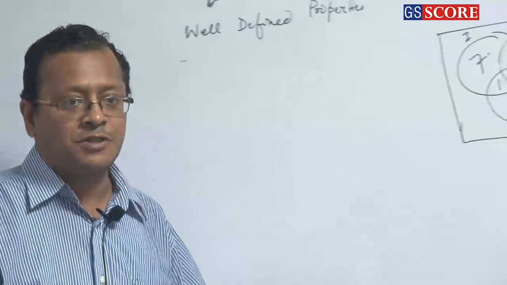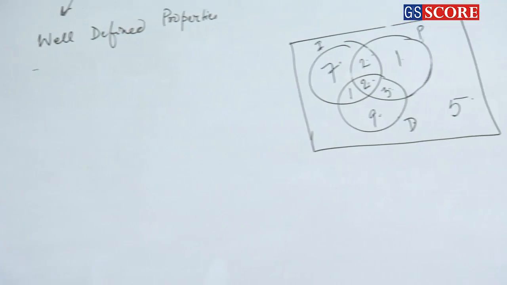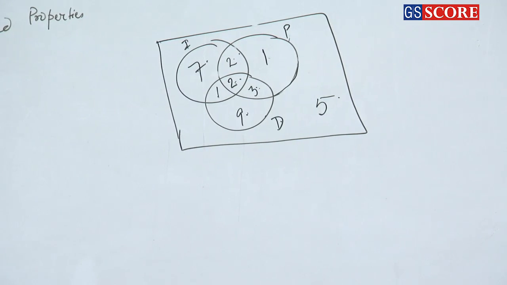Now tell me the answer of the fifth question. The number of people who don't like exactly one of the three. Who don't like exactly one of the three. What does that mean? It means they like exactly two of the three. If they don't like exactly one of the three, then possibilities are what? They like exactly two of the three, they like exactly three of the three.